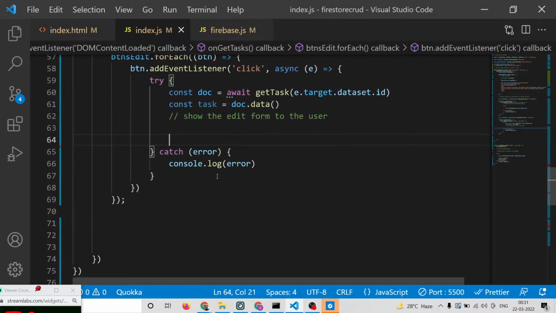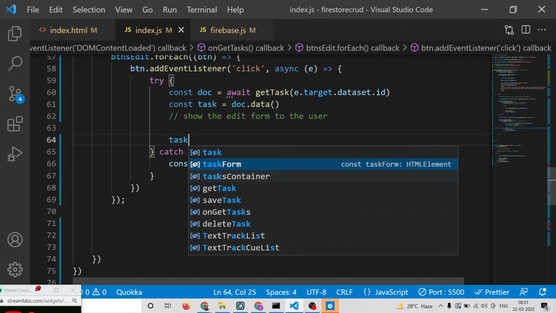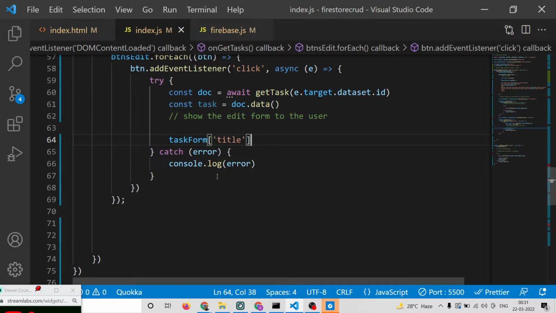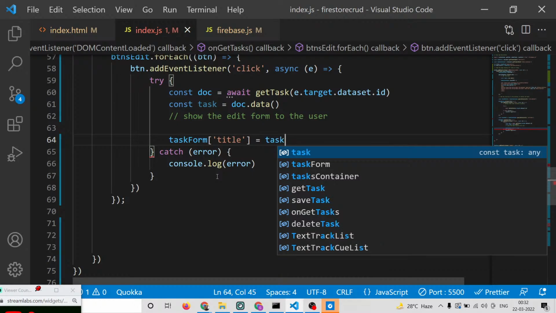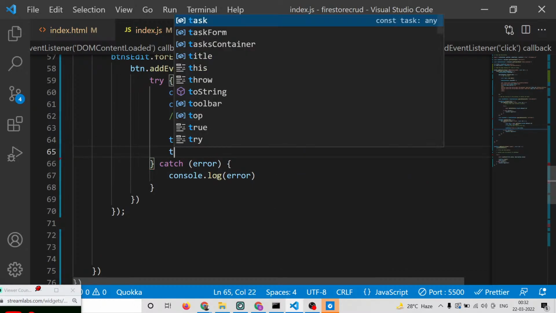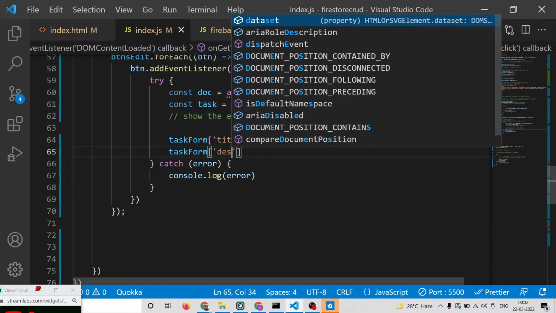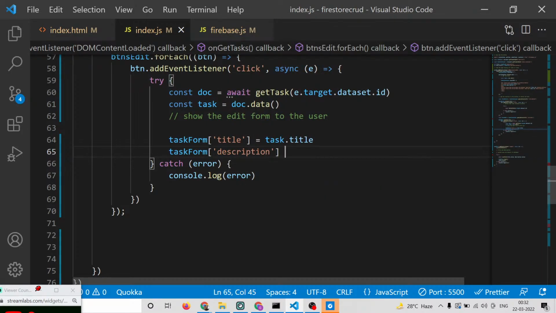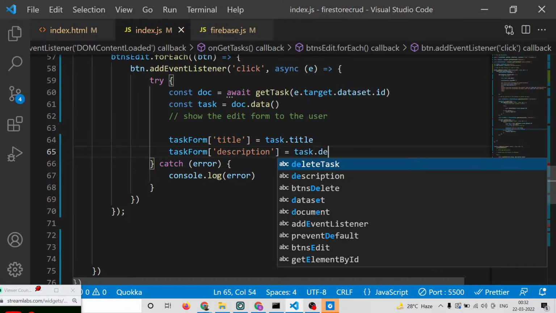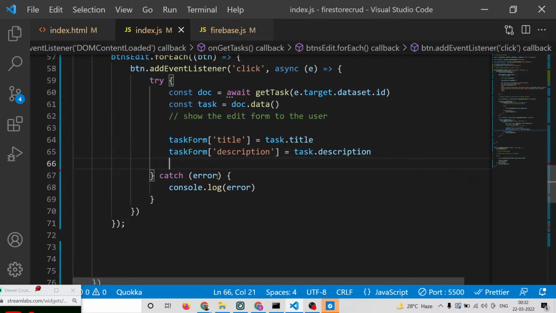So we can simply say task form dot title. This will be equal to the task dot title, which is present inside the database. Same goes for the description field, task dot description. So after this,